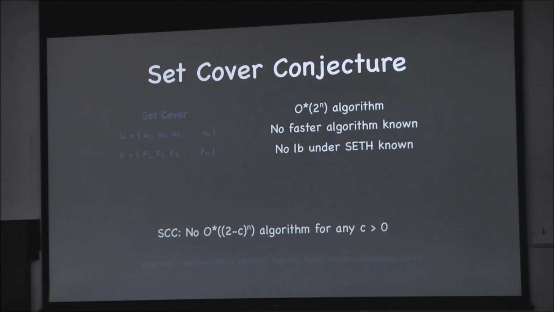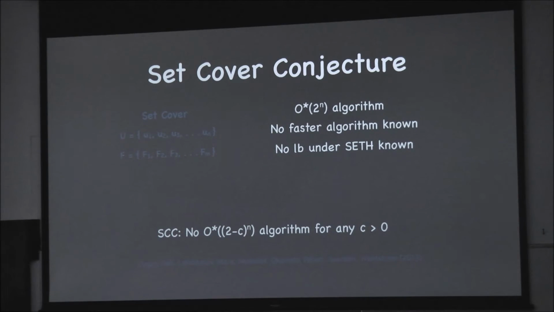So in 2012, the authors mentioned here conjectured that nothing better is possible. That is, we know a 2^n algorithm, and we do not expect anything better than that. This is not under the exponential time hypothesis or the stronger version, but they showed that this is also a very reasonable conjecture in the framework of ETH and SETH. This is what the authors showed.